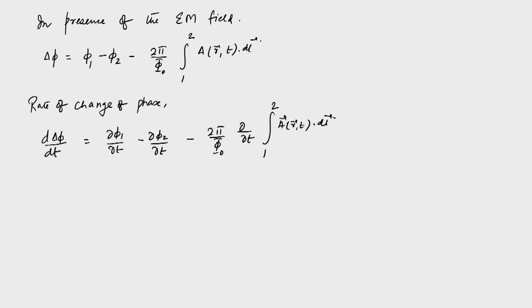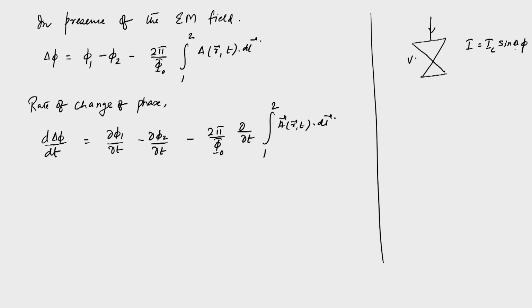In general, this is just a convention, but you will find different conventions at different places in the literature. A Josephson junction is represented by a symbol like this. It is like two inverted triangles that are connected here, and so there is a V. So, this basically has I equal to I_c sine delta phi and V equal to phi_0 by 2 pi times d delta phi by dt. So, these are the equations.